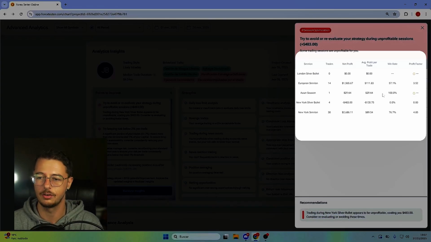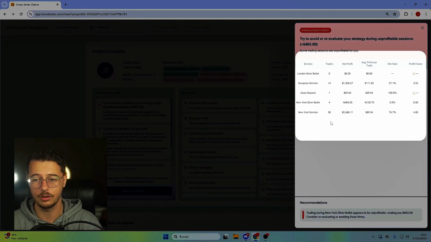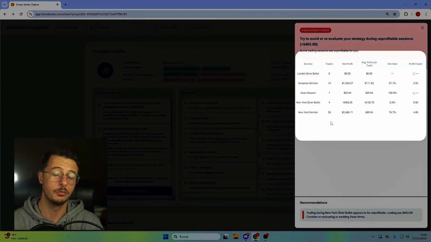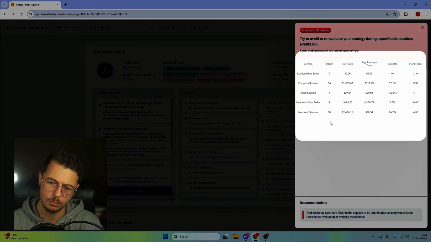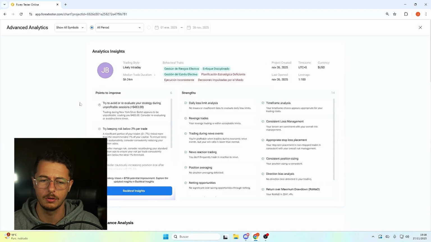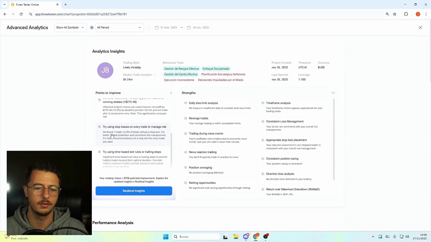As well, in the Asian session it counted in 1 trade here, but we can see that in the New York session we got better trades than in the European session. So that is quite interesting because that means that if it's been consolidating more or less in the same range during the European session, we're going to get a nice move in the New York session. So it's given us a small hint there that we can take in consideration, and other things like basically adding